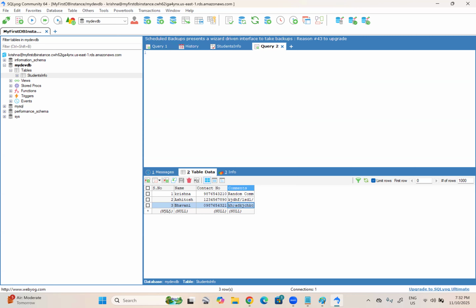These three records got stored. Let me add a few more. In total, I created 4 records, right? Why did I create them? So that we can test the backups in tomorrow's session. By tomorrow morning at 6:30 a.m., an automated backup will be created, right? So here,